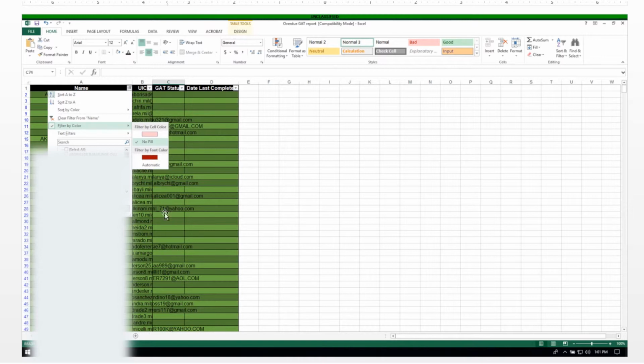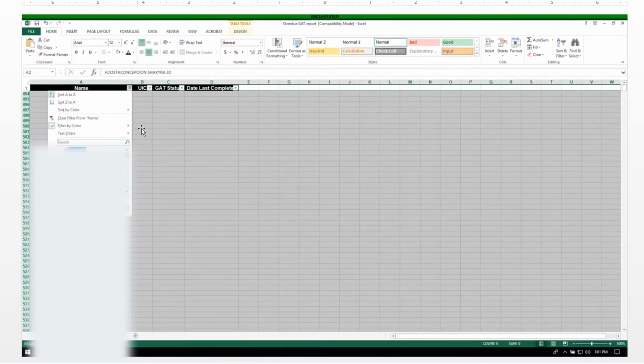So when you've selected the no fill, all the pink fields are going to be gone. Those are the ones that you're going to want to delete, which is, again, the soldiers who are not overdue on their GAT but have an email address in the system. So you'll delete those,